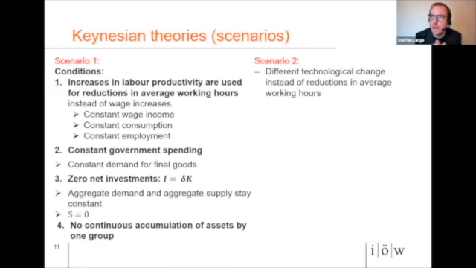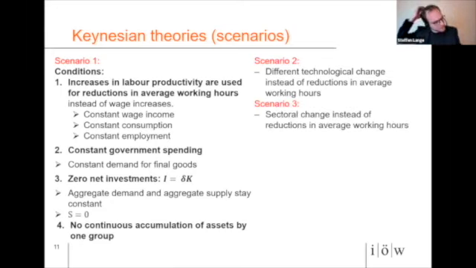At least it was really hard for me to find it in Keynesian theories, but there is some work by Robinson, and based on that, I developed the scenario that if we have a different technological change that does not increase labor productivity, but material productivity, then you basically wouldn't have the reductions in average working hours. In the third scenario, and I think that's interesting, it's based on work by Harris, you could have, instead of reductions in working hours,